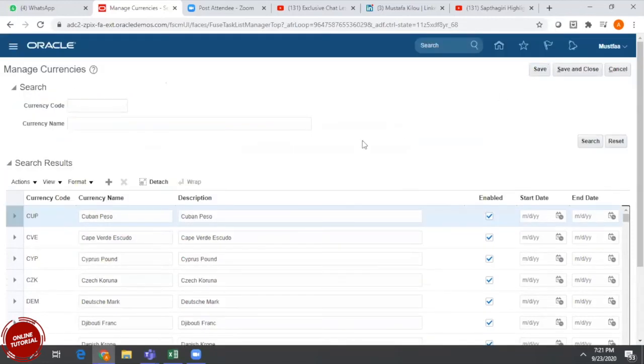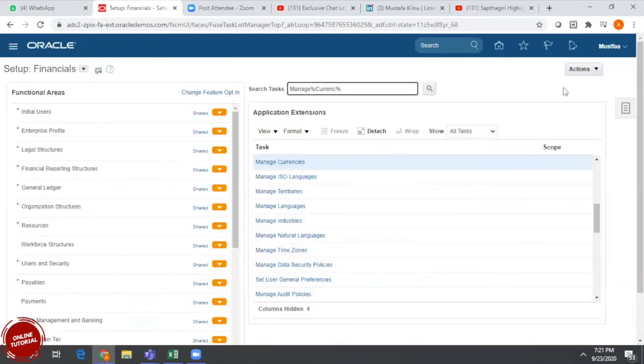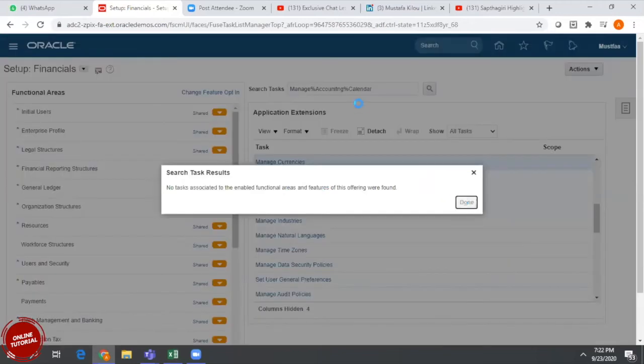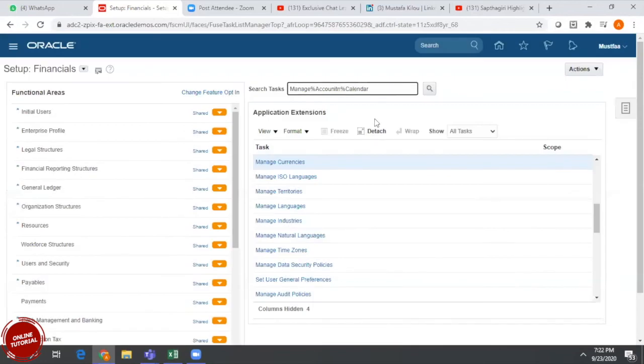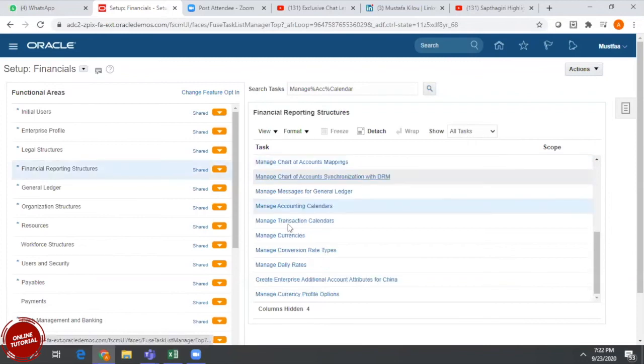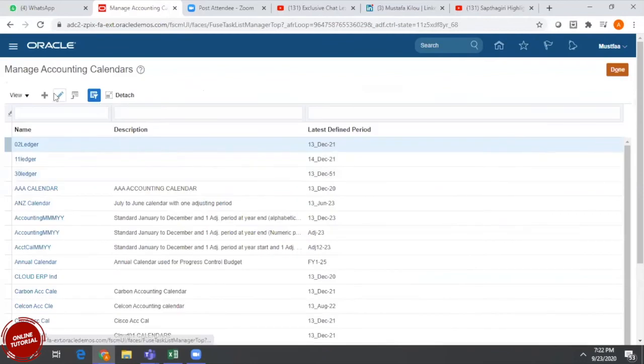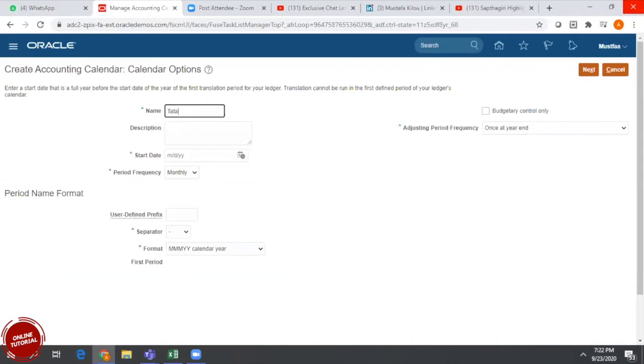Now what we need to do is define a calendar. So we go to manage accounting calendar. Here, I need to define my own calendar. For example, I want to define the Tata calendar.